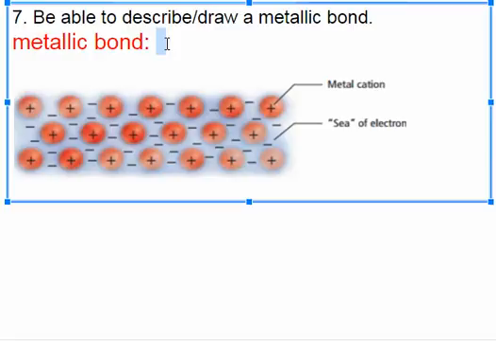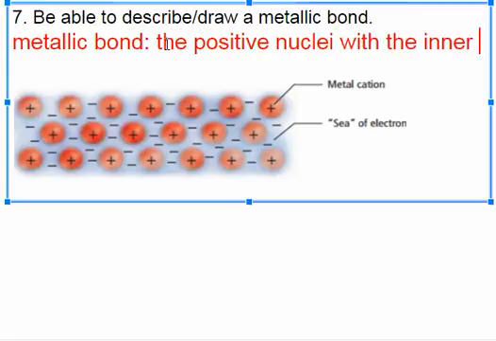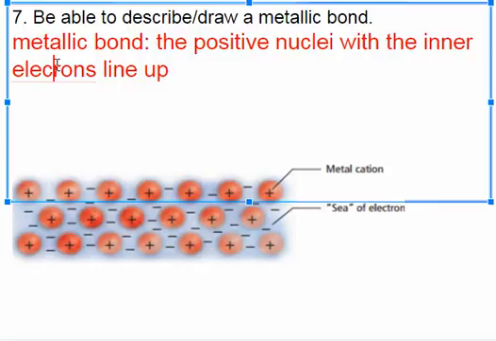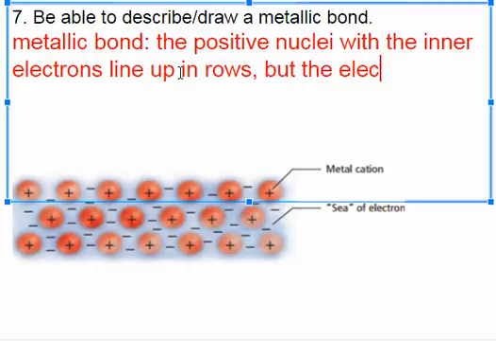Metallic bond, the positive nuclei with the inner electrons line up in rows. So again, sort of like an ionic bond, because in an ionic bond, the ions line up in nice rows. So positive nuclei with the inner electrons line up in rows, but the electrons